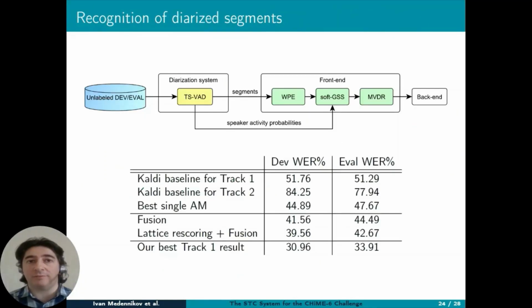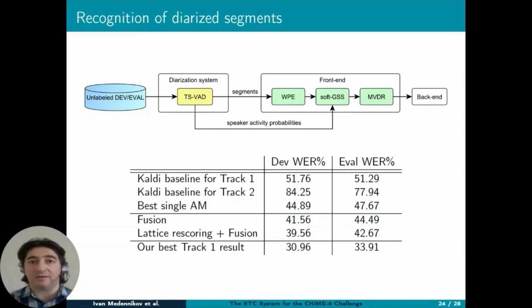As I have already mentioned, the strong diarization results obtained with TSVAD made it possible to apply for track 2 the same front-end technologies that we used successfully in track 1, namely WPE, GSS, and MVDR. This process is depicted in the scheme. TSVAD determines the boundaries of segments and initializes soft GSS.